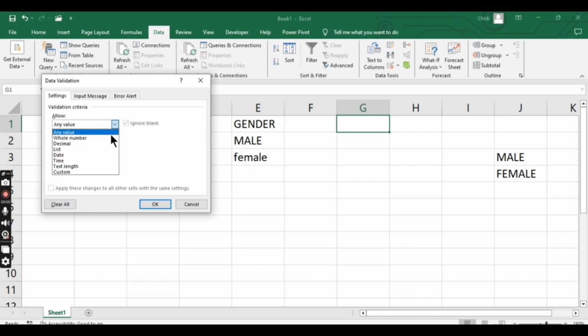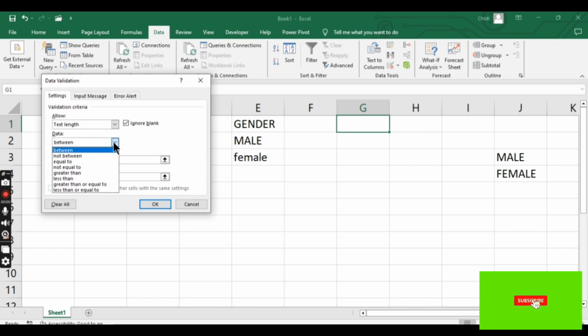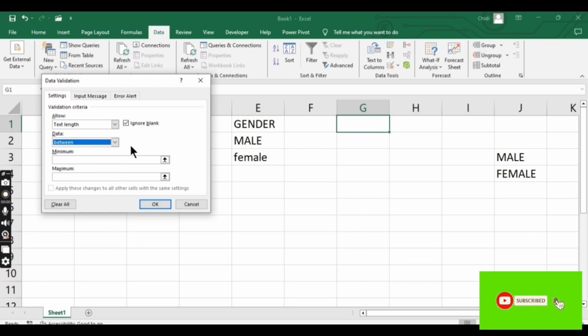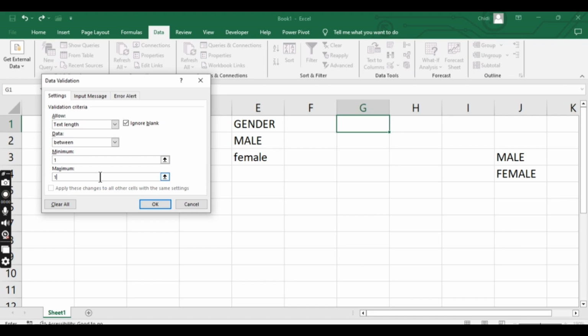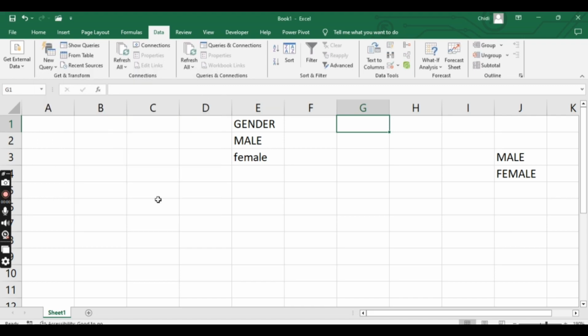The text length has to do with the length of the character. So we want to get the text length. The text length should be between 1 to, let's say, 10. Okay, and then I click on OK. So if I write